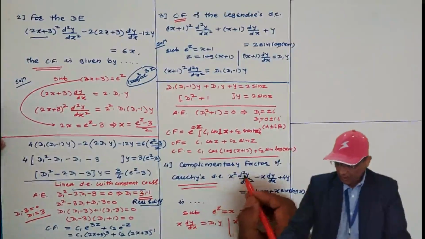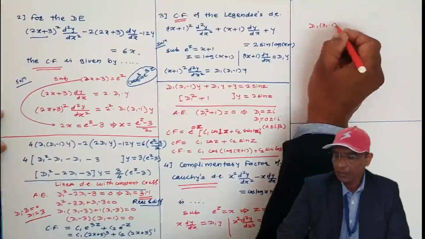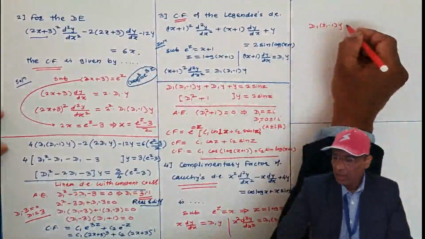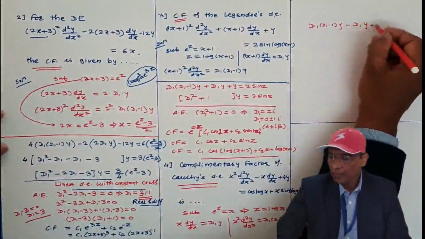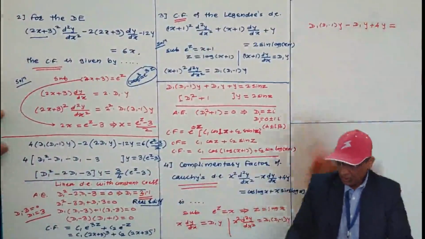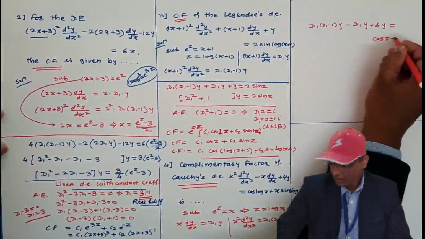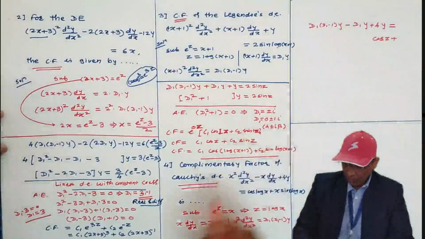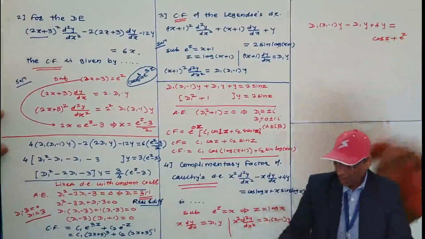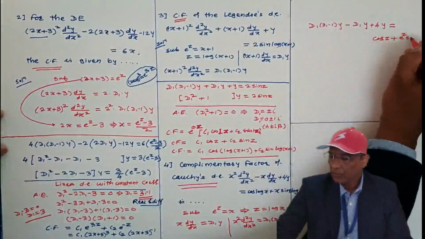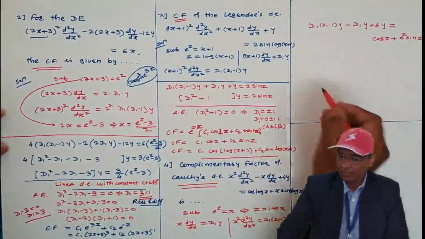Now, this x square d2y by dx square is replaced by D1 minus 1 y, minus x dy by dx is replaced by D1 y, plus 4y. This is equal to cos log x. Cos of log x, where x is e power z, and sine of log x is z. It means the right hand side is also written in terms of z.